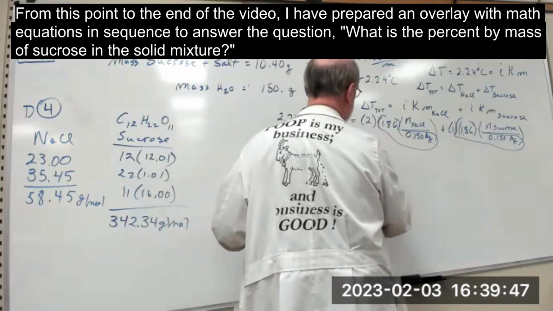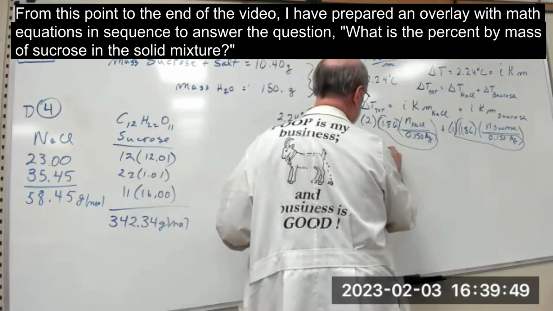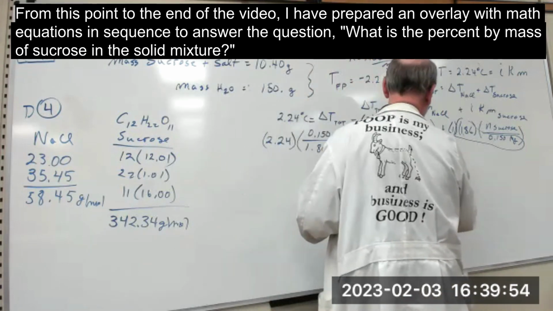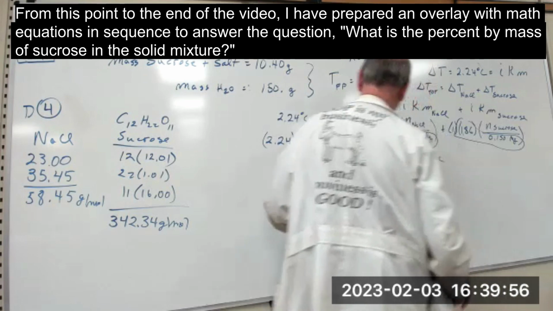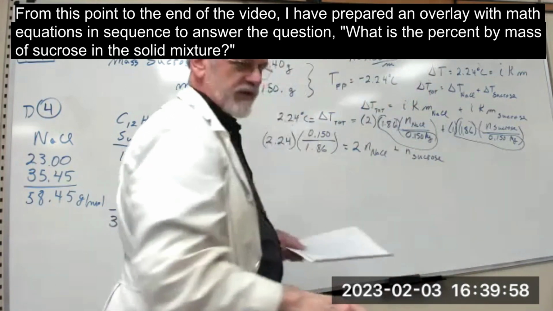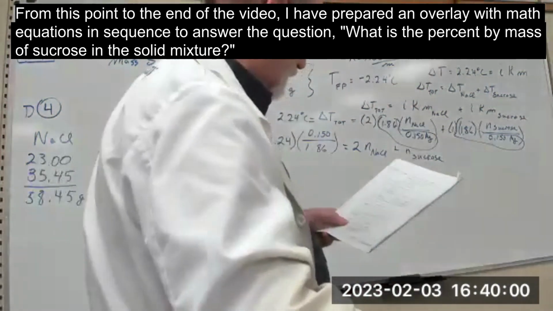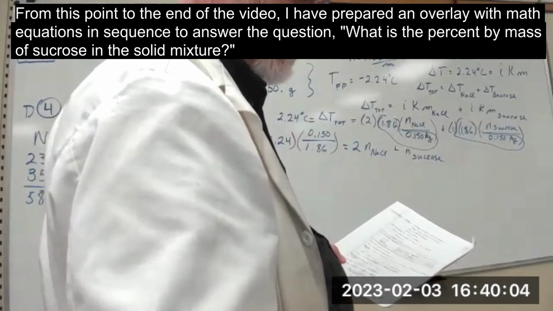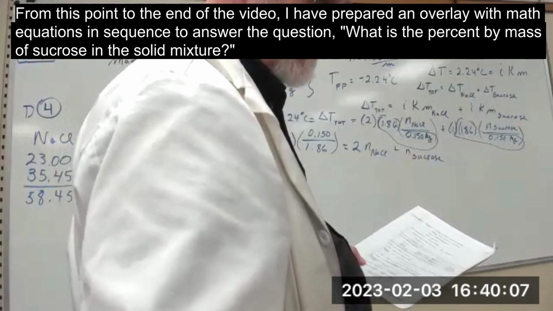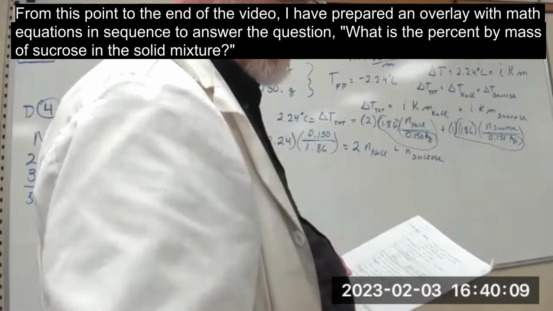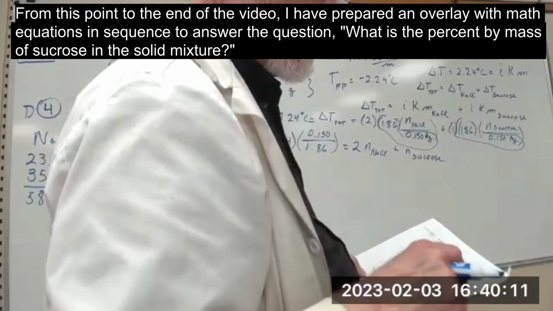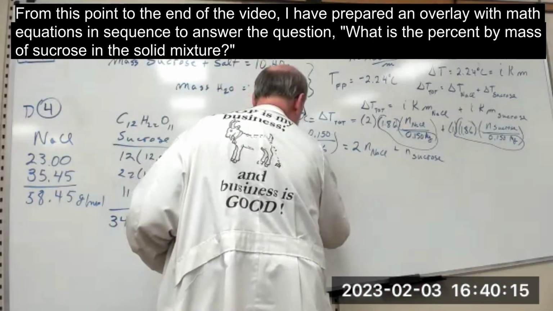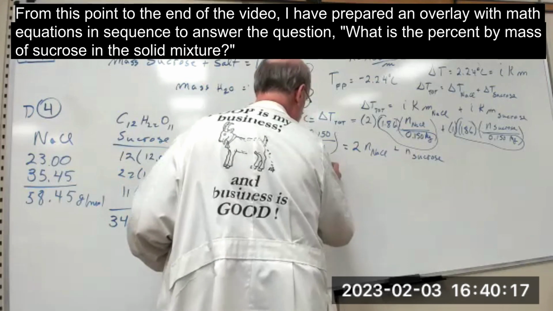That leaves us 2 times the moles of sodium chloride plus 1 times the moles of sucrose. Okay, so let's reduce that side to a whole number. Let's see, 2.24 times 0.15 divided by 1.86, and that's 0.1806. Right, and that